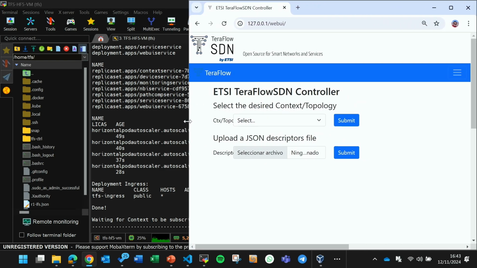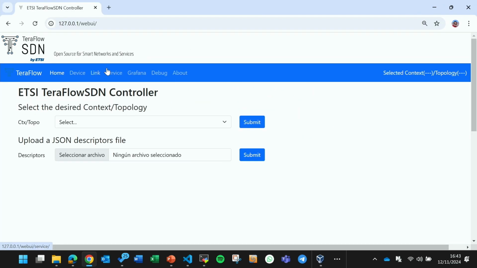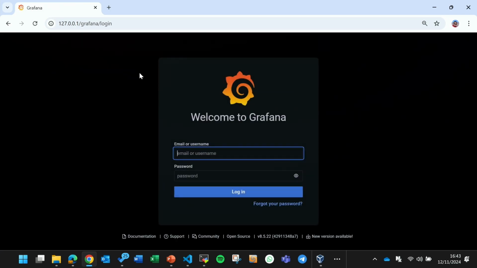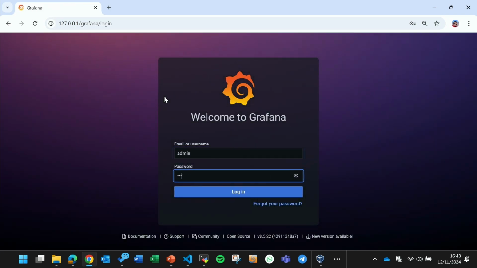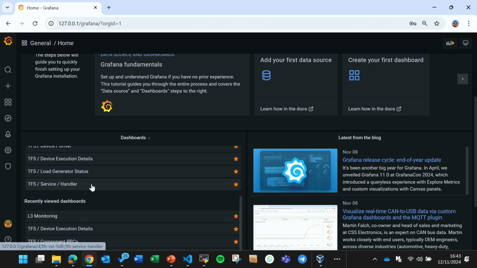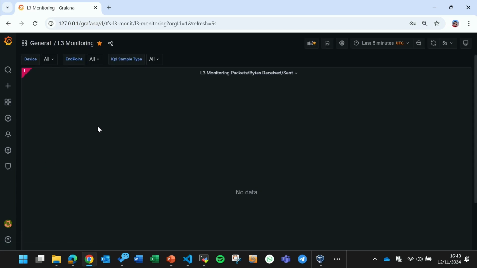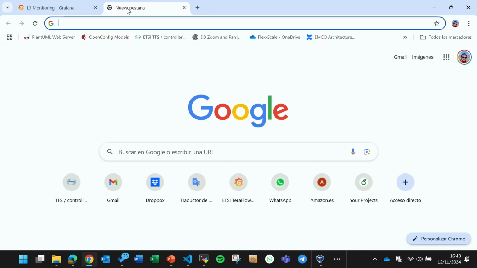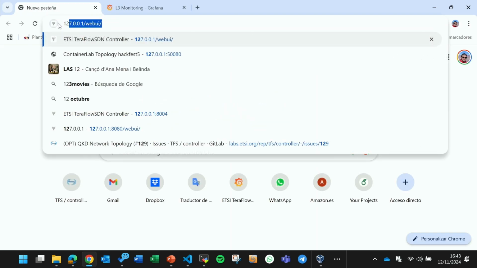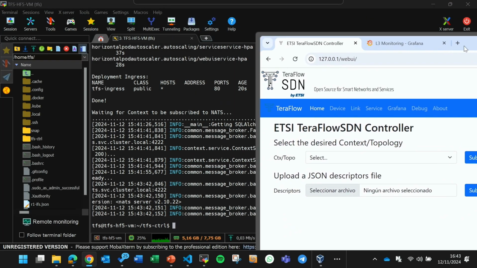Well, it creates a connection. I can try to show this again. Admin 1, 2, 3. Okay, now it worked. This is the Grafana dashboard. We have, as I said, a number of panels. The one that I'm interested in is the layer 3 monitoring. Right now it has no data, but if we try to connect to the TeraFlow Web UI, and when, okay, now